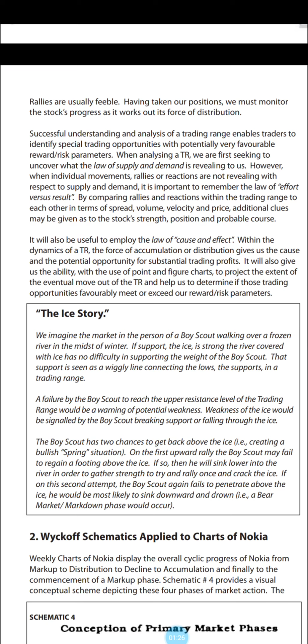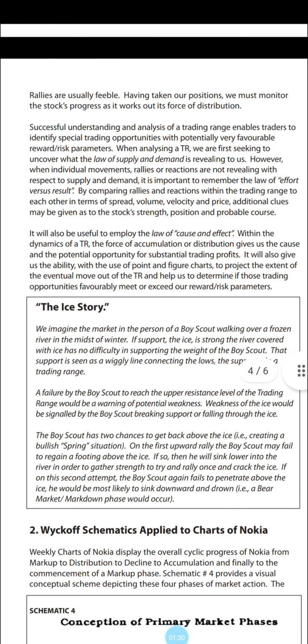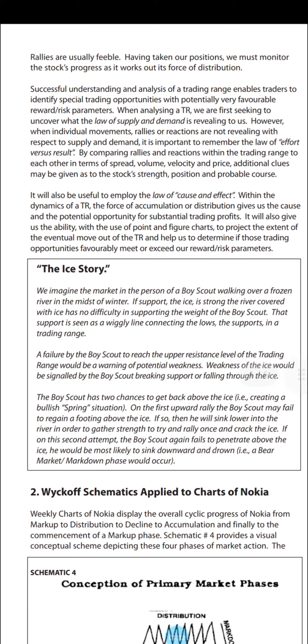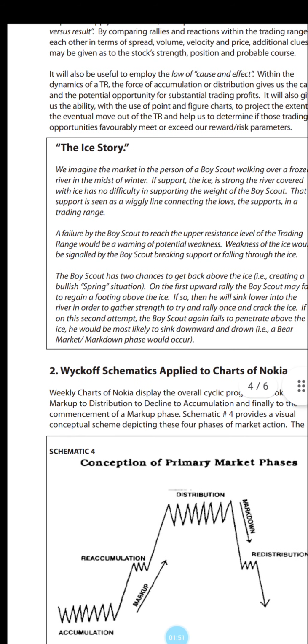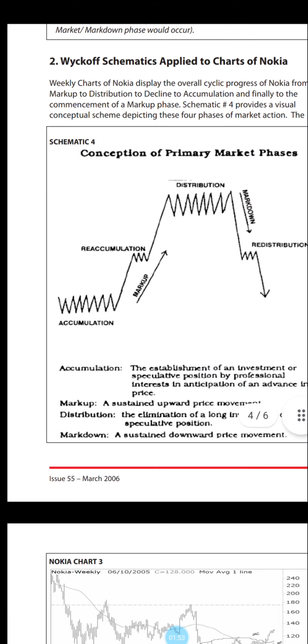When analyzing a trading range, we are first seeking to uncover what the law of supply and demand is revealing to us. However, when individual movements, rallies, or reactions are not revealing with respect to supply and demand, it is important to remember the law of effort versus result. By comparing rallies and reactions within the trading range to each other in terms of spread, volume, velocity, and price, additional clues may be given as to the stock's strength, position, and probable course. It will also be useful to employ the law of cause and effect within the